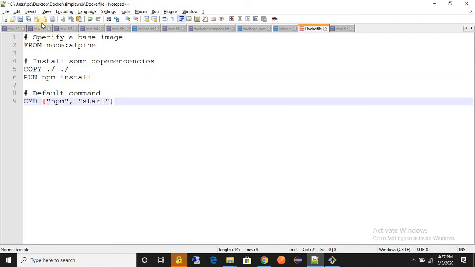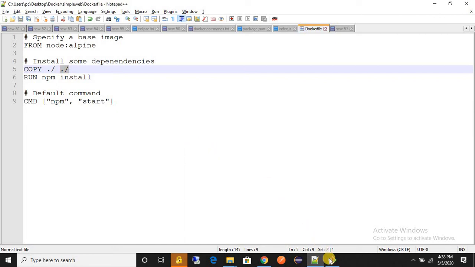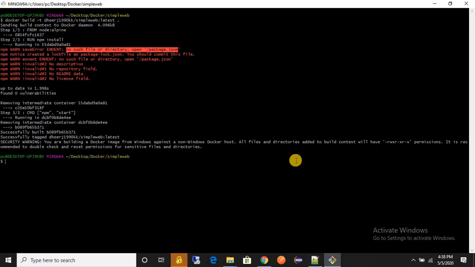So this line means it will copy each and every file from the current directory to the Docker current ID, or we can say Docker current directory, right? Now save this file and just run again. So clear the screen. So docker build, first use hyphen t tag. Now Docker ID.